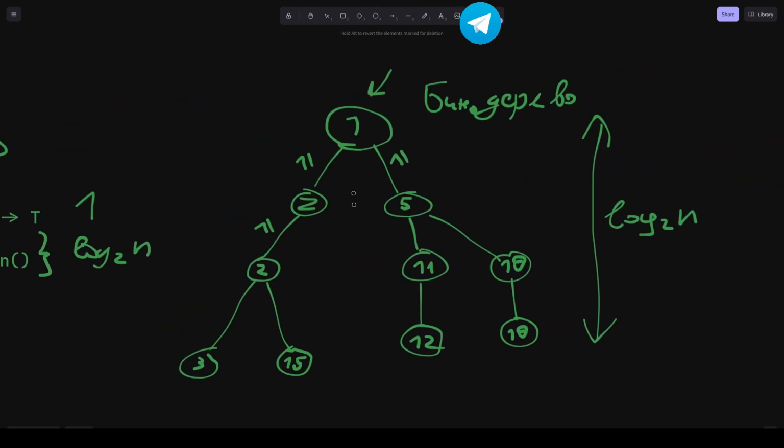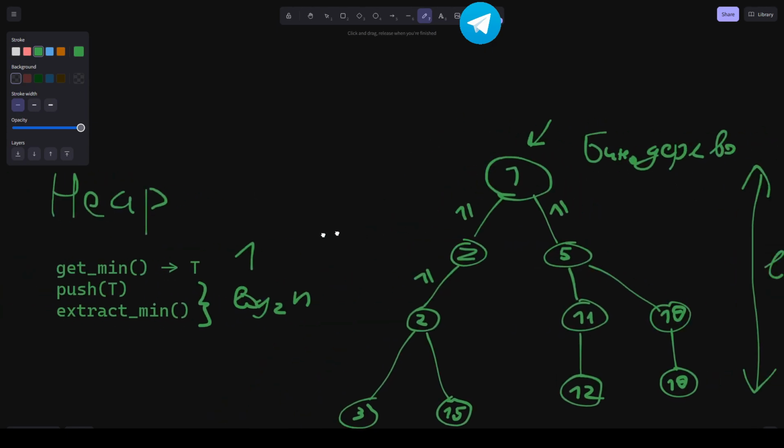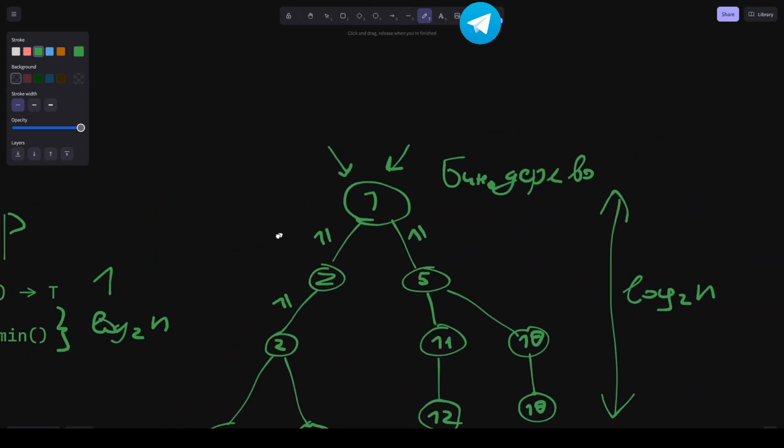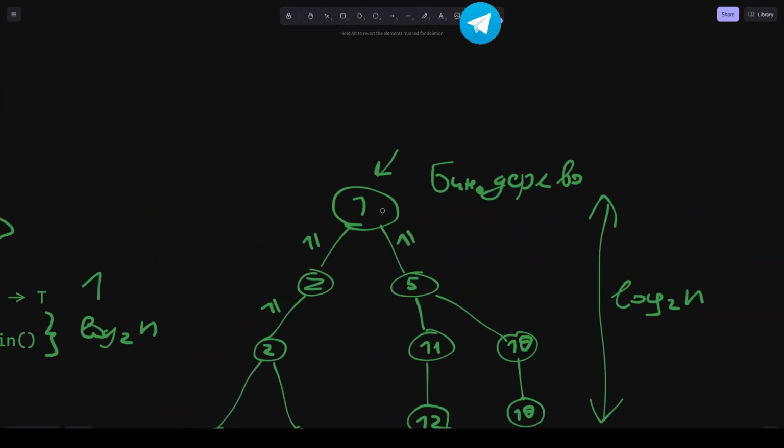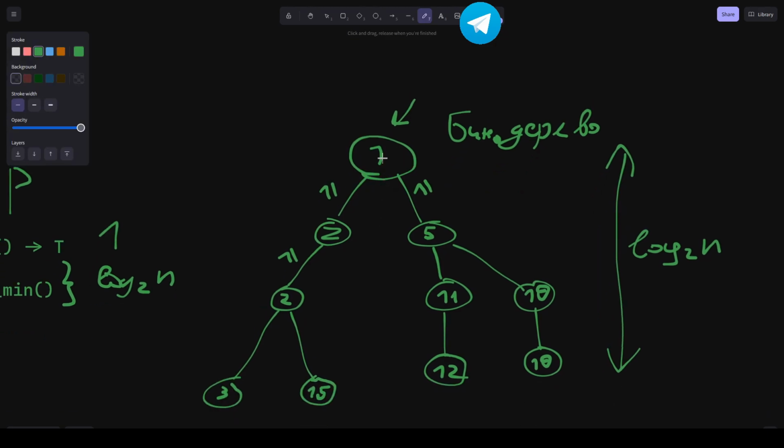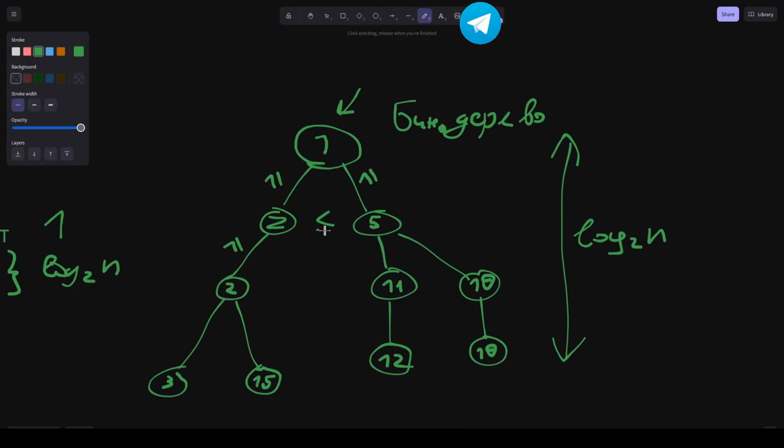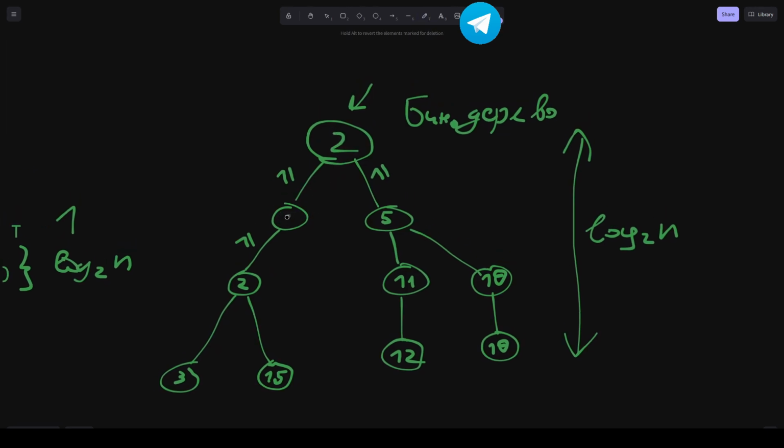For removal, we will do the opposite. First of all, we always remove this element, which is the minimum located at the root. We start pushing the last element down in the opposite direction. If we look at the root, it has 2 children, a 2 and a 5. The 2 is less than the 5, so the 2 should become the new value here, and we push our